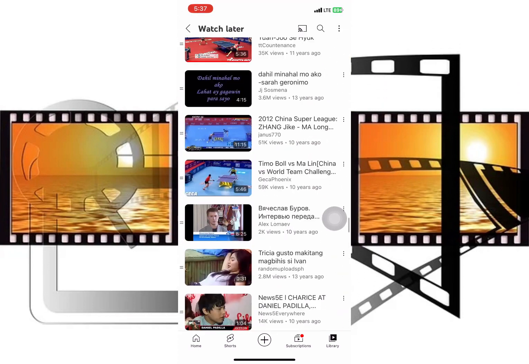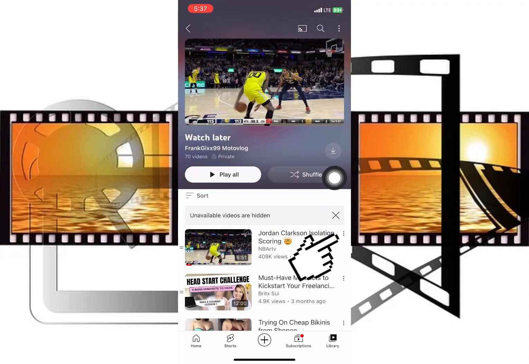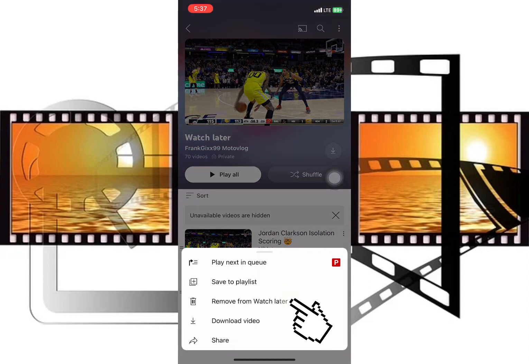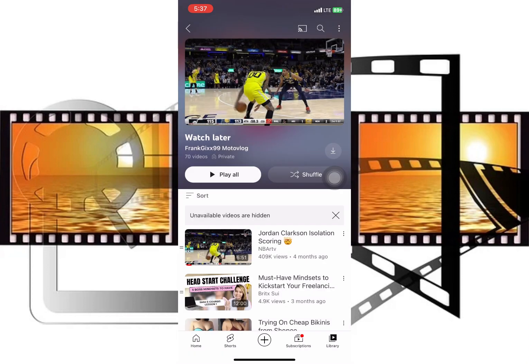After I'm done watching them, I can always hit those three dots and hit remove from watch later if I no longer want to watch those and I'm satisfied. Maybe I watched them, or decided after the fact that I didn't necessarily need to watch those and I wanted